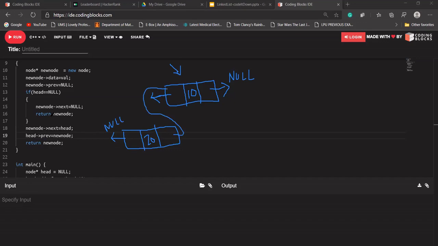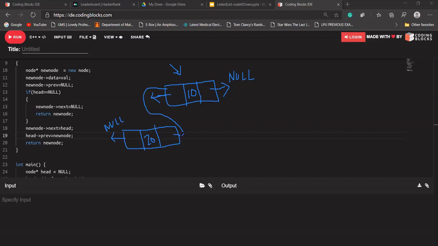Okay, and this time we are creating a doubly linked list. What it means is that suppose we are adding a node in our doubly linked list, we have to take care of both pointers. Either it should be the next pointer as well as the previous pointer as well. Suppose you add a node at the front of a linked list.